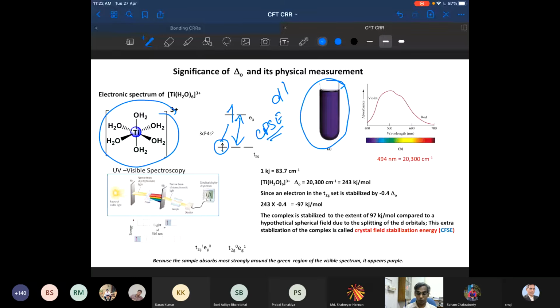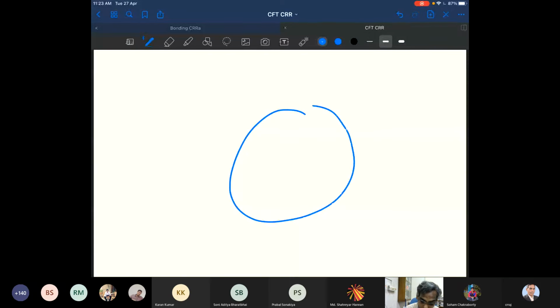color? You know the color wheel, right? You should be knowing the color wheel. It absorbs one color and you observe another color. Say, for example, if you have your color wheel and this is absorbing a color, say for example here, what is the color you will observe? It's a diametrically opposite color.